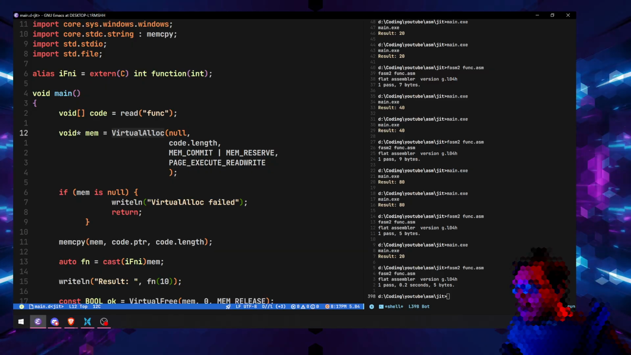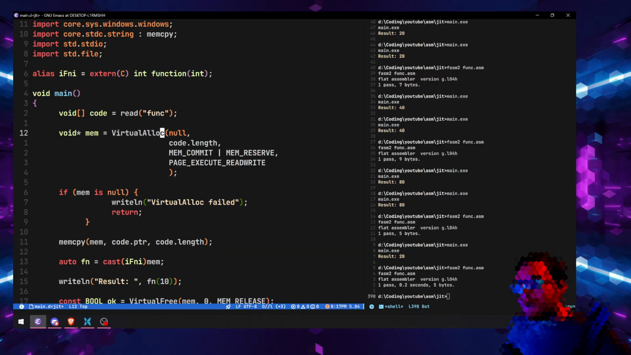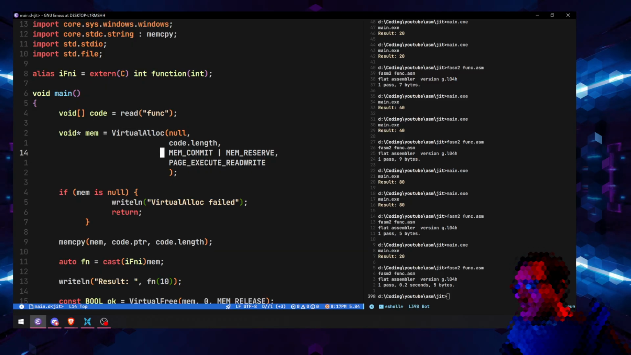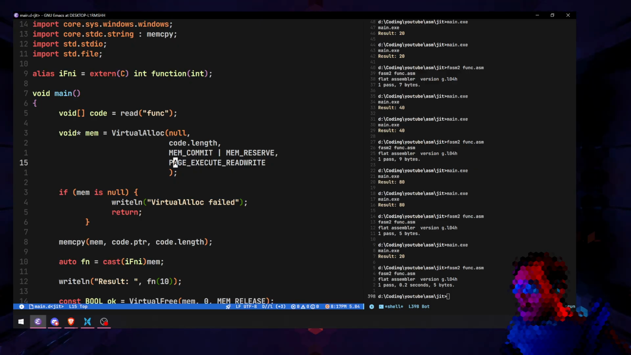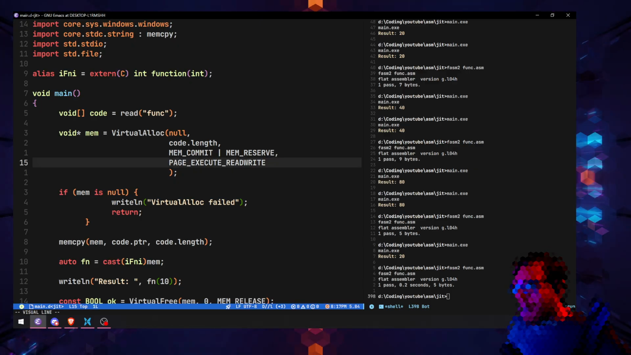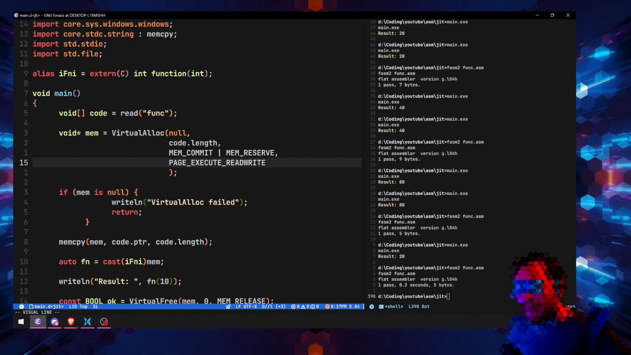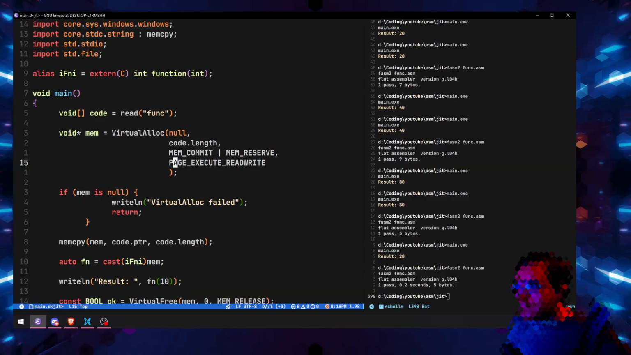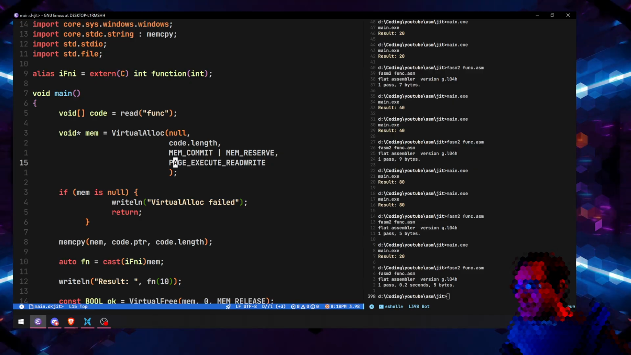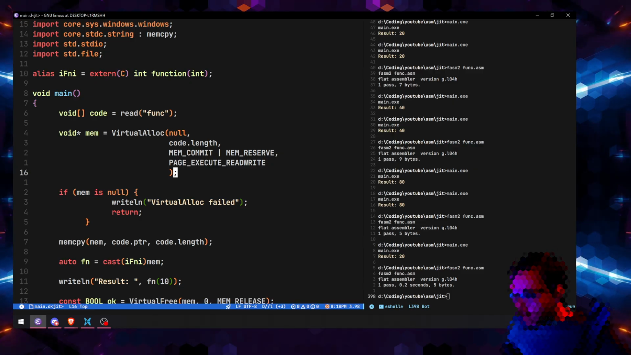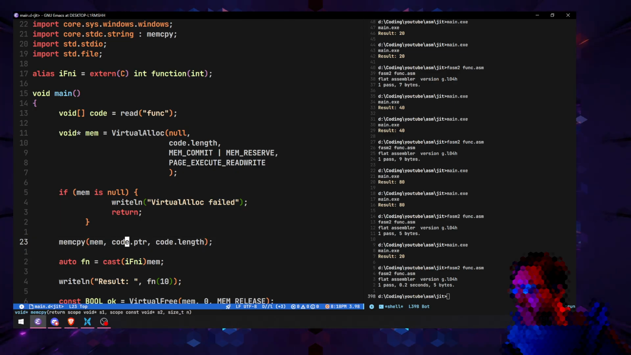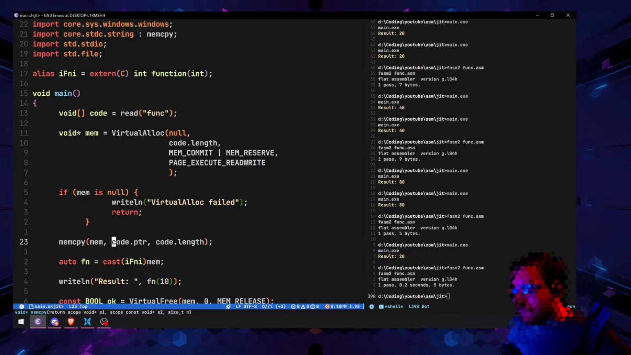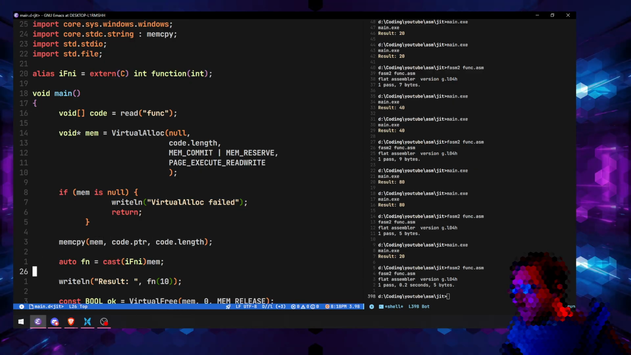Now, VirtualAlloc is slightly special compared to what you might expect because it allows us to have execute, read, write. So we're able to specify exactly the kind of behavior that we expect out of our memory. We can allocate some memory that is executable. Now we're just checking to see if it's null. And if we do a memcpy, so we just copy our data into our memory here,